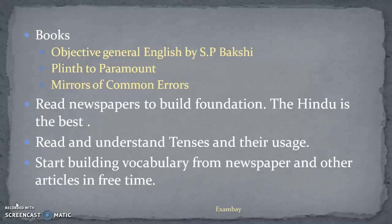Then the second point is that you should read and understand tenses and their usage. First, when you grab the book, or if you have internet, read about the tenses. This is the first thing you should do. If you have the S.P. Bakshi book, the first chapter is about tenses. Make notes, read present tense, past tense and future tense, present indefinite, present continuous, present perfect and present perfect continuous, and read their common rules. If you follow this for 15 to 20 days, believe me,